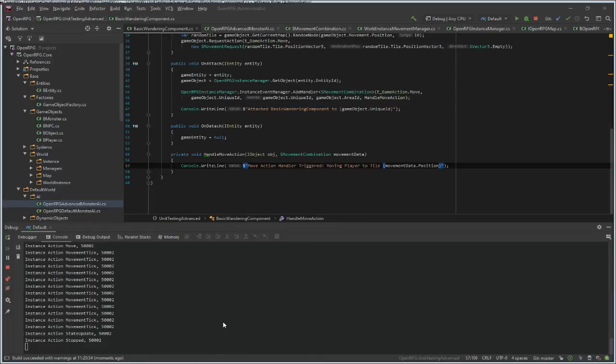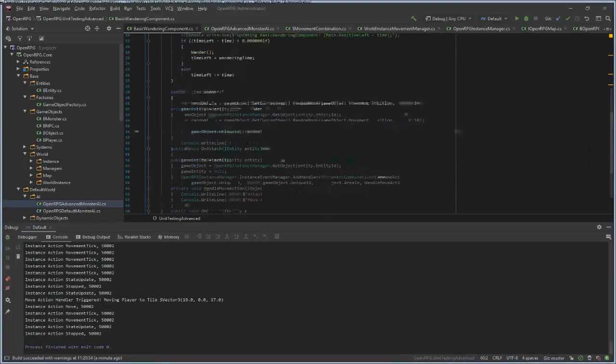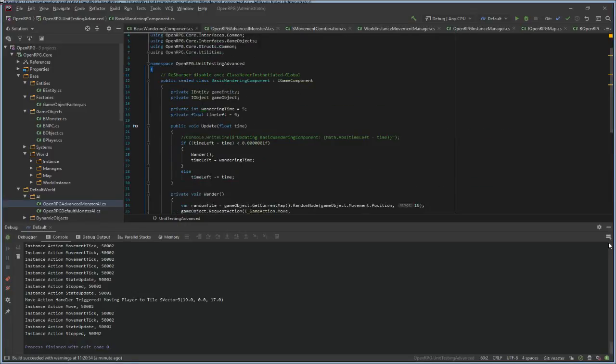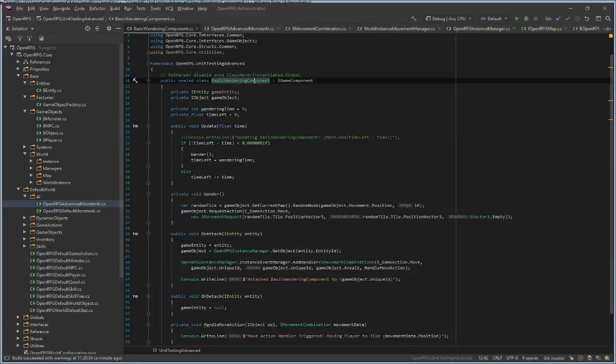It keeps moving every 5 seconds. Yep. So this wandering component is working as I expected.